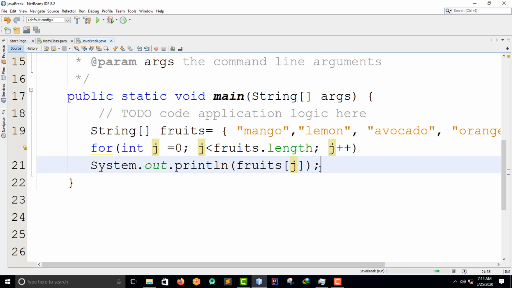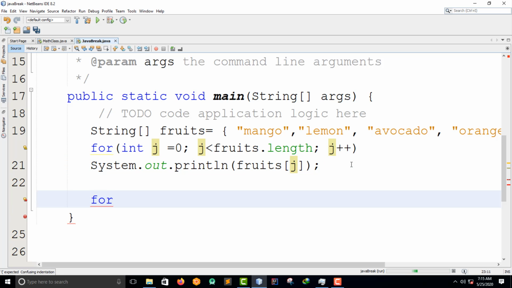We just write for, and then in the brackets you say the type, then the variable, then a colon, and then the array name. So this is the syntax, guys.